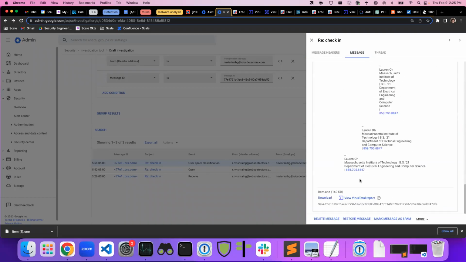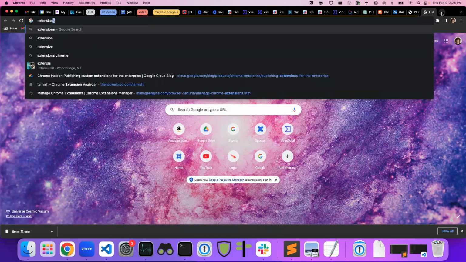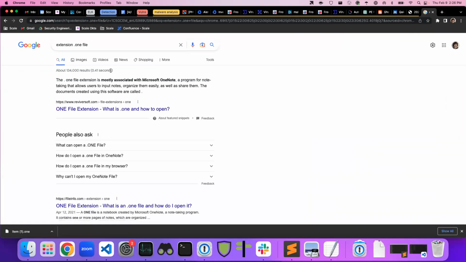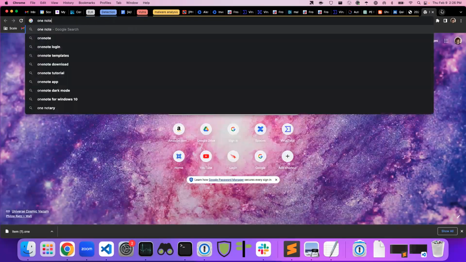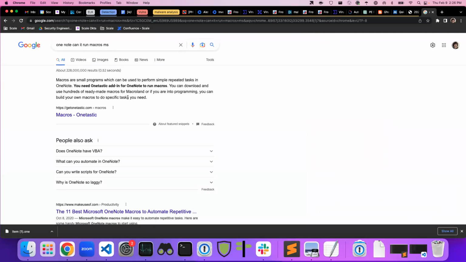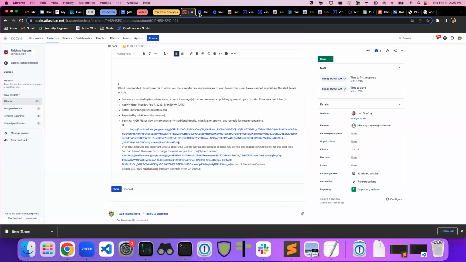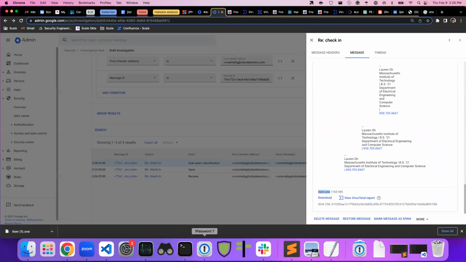Again, if we go to the message, we can see that there's an attachment and we have the SHA. Originally, there was no VirusTotal report for this stuff, although as you'll see, I've uploaded a lot of this. And we can just download this item, an extension .1 file. So it's a .1, which means it's probably associated with Microsoft's OneNote. And then I imagine OneNote can run macros? That's interesting that you need something else to run the macros, because when we take the malware and pull it down, which I have already downloaded,